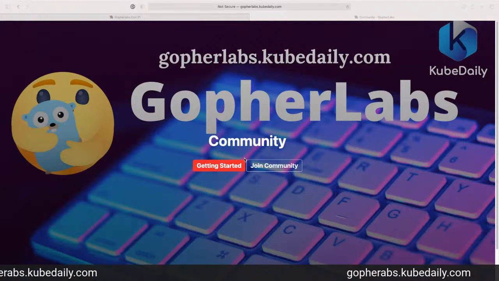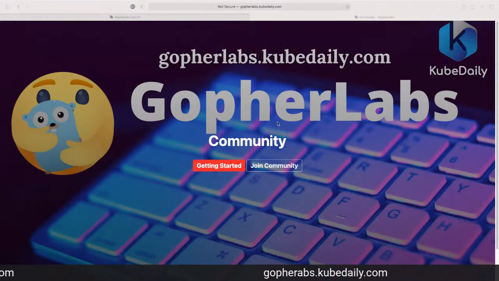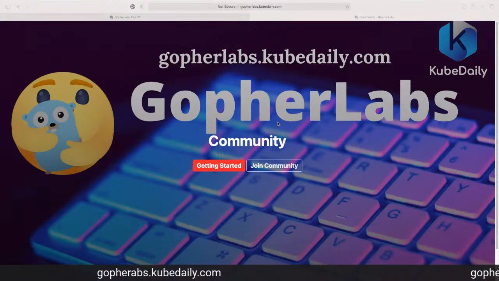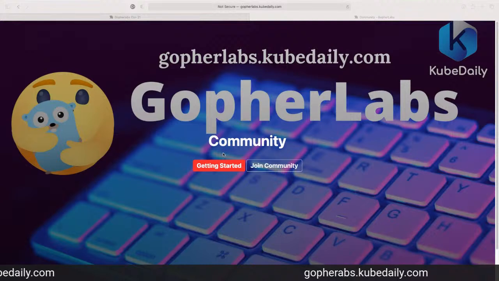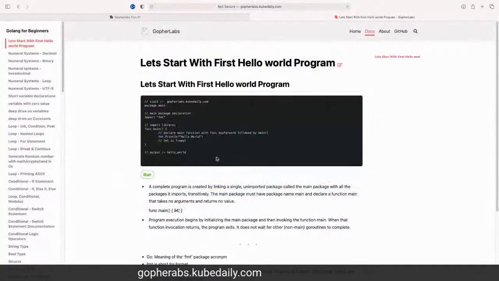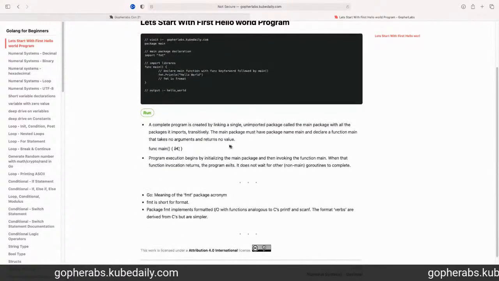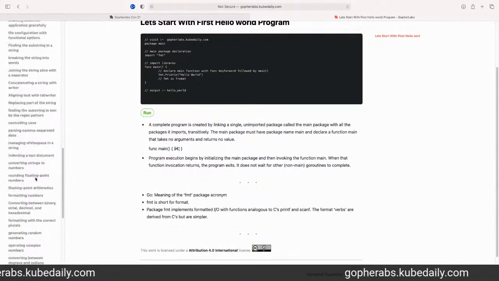And you can go to the website. You can check it on the screen, it's scrolling down: gopherlab.kubdelhi.com. You can join the community or click on get started. It's free training material, and it's fully open source.